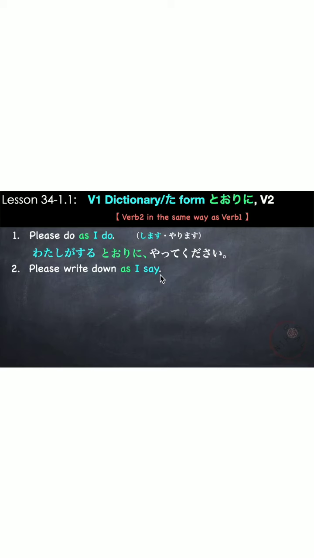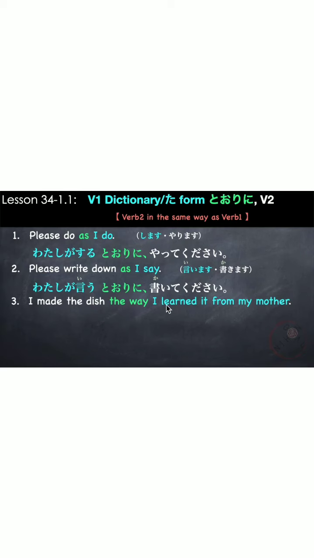Next example, please write down as I say. Our verbs are say, iimasu, and write down, kakimasu. So first, our dictionary form of iimasu. Watashi ga iu. So, I say. Watashi ga iu tori ni. Our verb is kakimasu. Please write down. 書いてください。私が言う通りに書いてください。